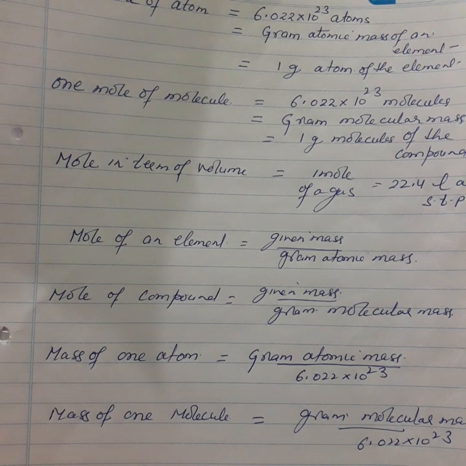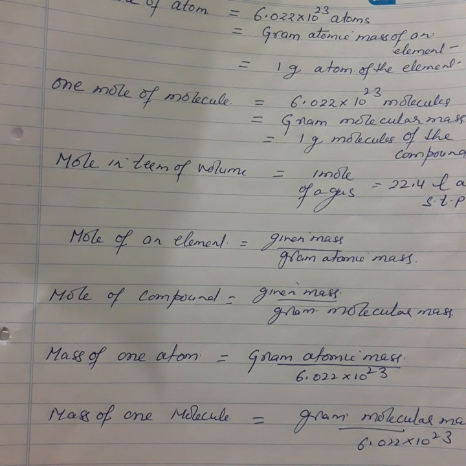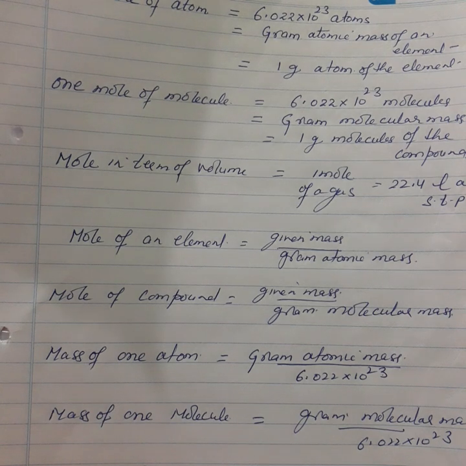Is it clear? Same way, if we have 1 mole of carbon dioxide, calculate by yourself. 1 mole of carbon dioxide contains 6.022 into 10 to power 23 molecules. What will be the mass of 1 mole of carbon dioxide? Equal to its gram molecular mass. Calculate gram molecular mass. Carbon 12, oxygen 16 into 2, 32. 12 plus 32 is equal to 44 gram. And what volume will occupy 1 mole of carbon dioxide? 22.4 liters. So try to relate all these things and then we will solve different numericals.